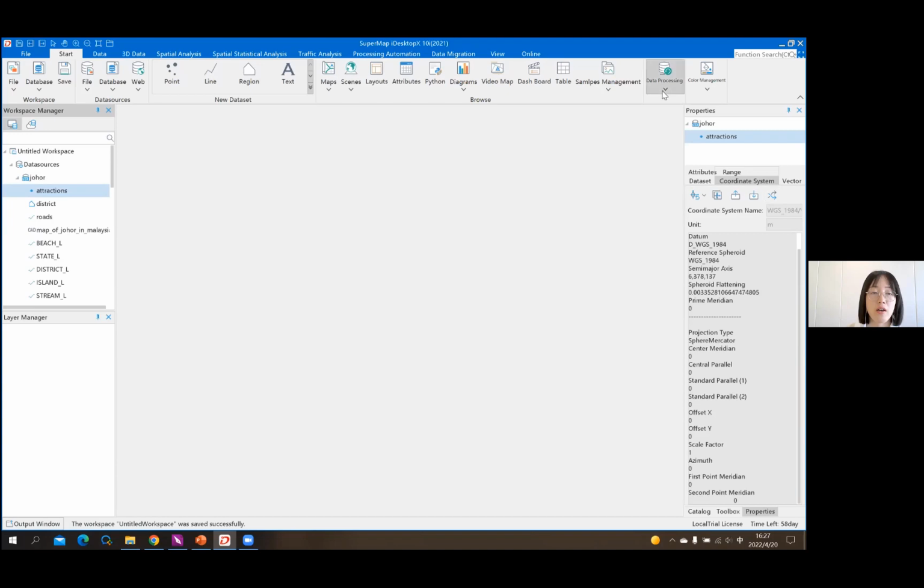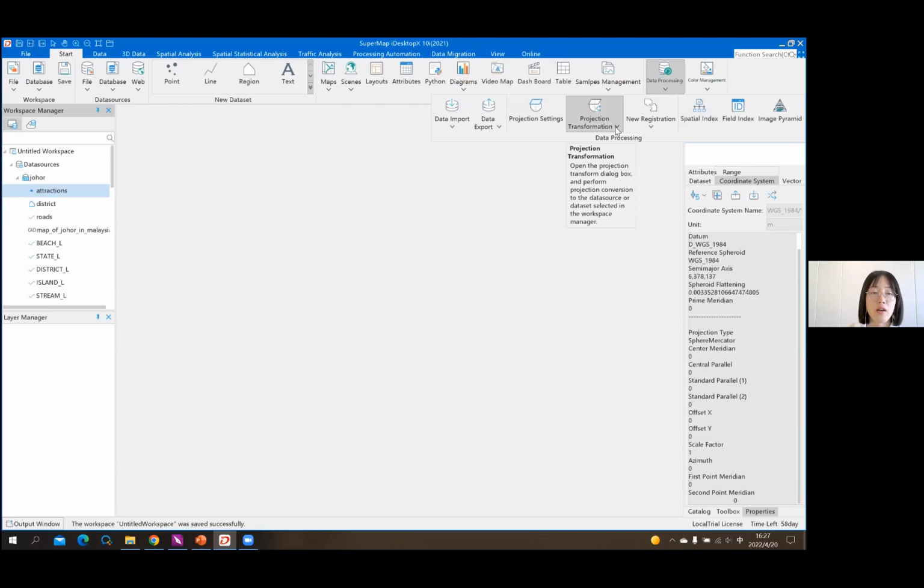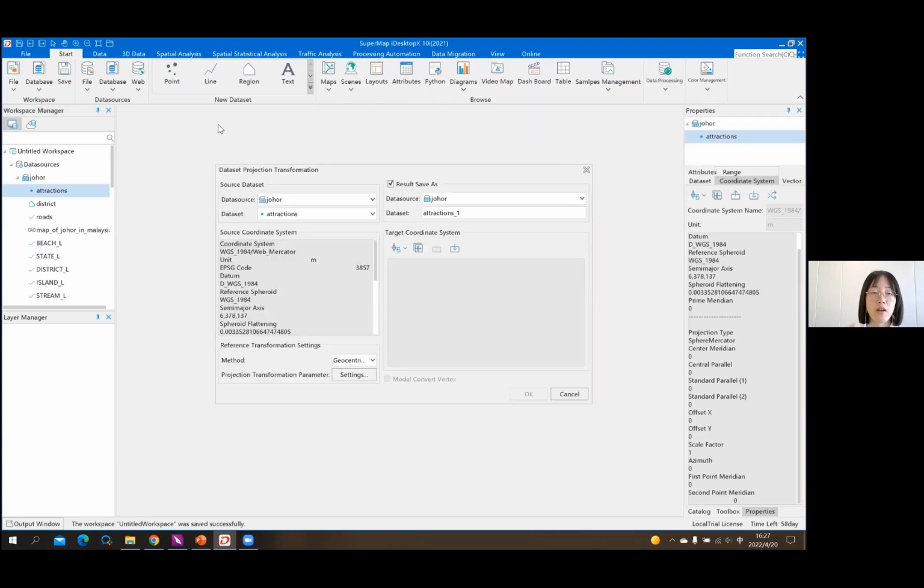and we can also go to the Start tab, and under data processing, here we can find projection transformation, and here we need to choose dataset projection transformation. And now what we want to do is simply transform the coordinate system of attractions to the coordinate systems of districts. So now we don't even need to know exactly what coordinate systems district